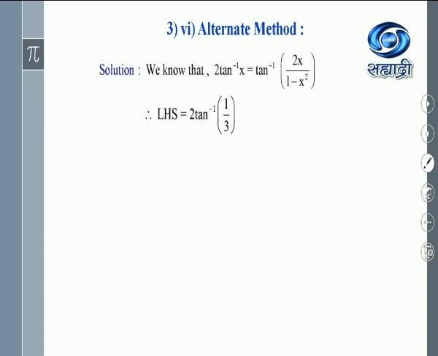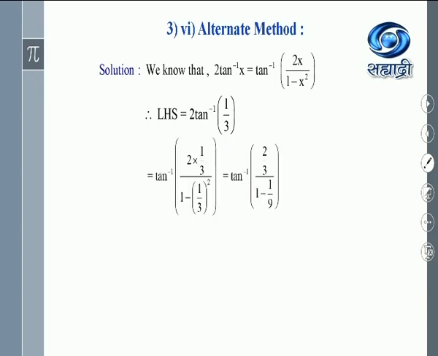So start with LHS. 2 into tan inverse 1 upon 3 is equal to, look at this term, tan inverse of 2x upon 1 minus x square. What is x here? x is 1 upon 3. 2 times x is 2 into 1 upon 3, divided by 1 minus x square, which is 1 minus 1 upon 3 the whole square. Which is equal to tan inverse of 2 by 3 over